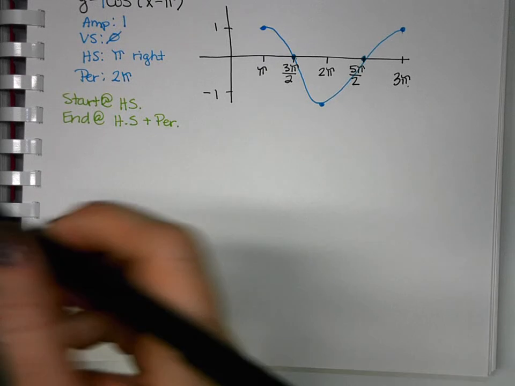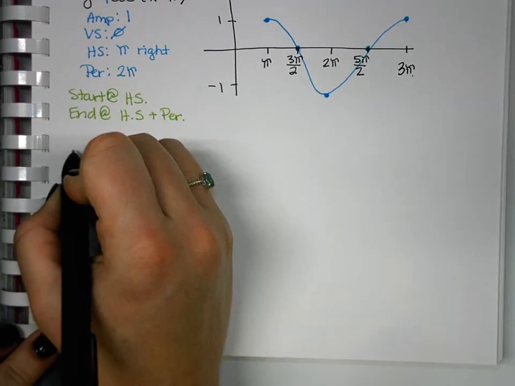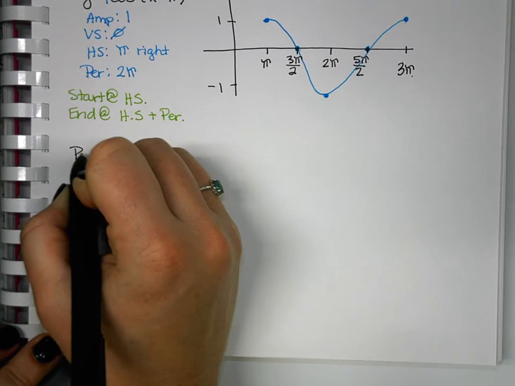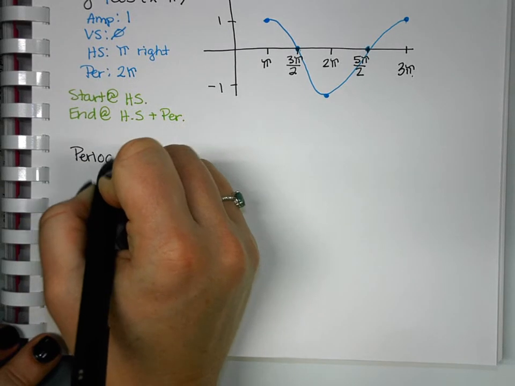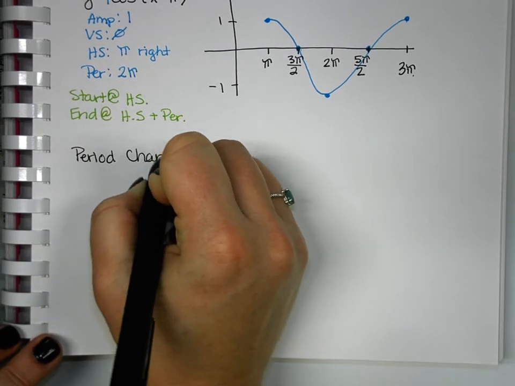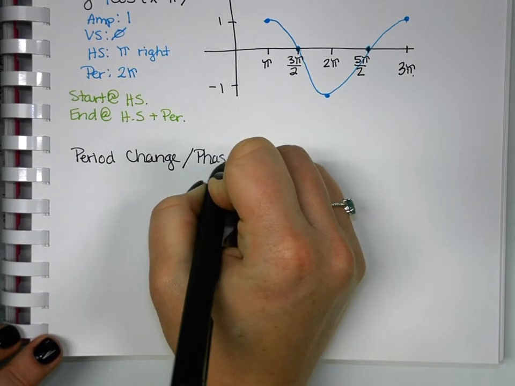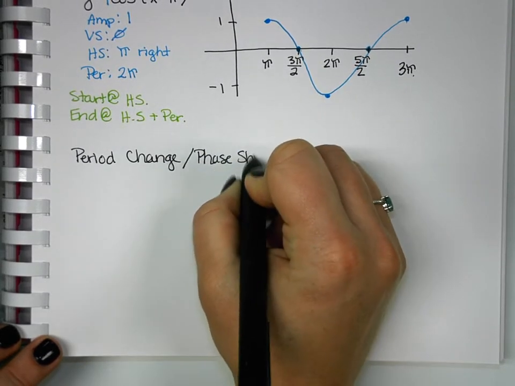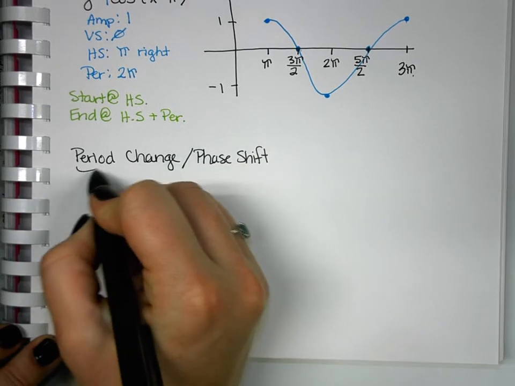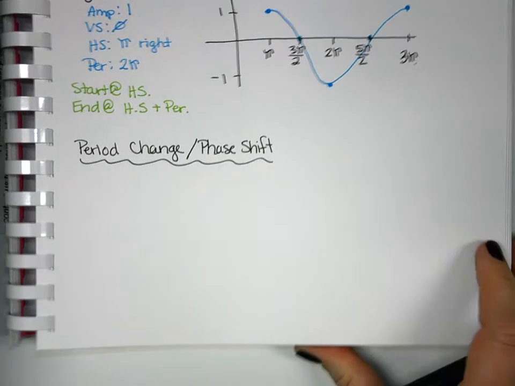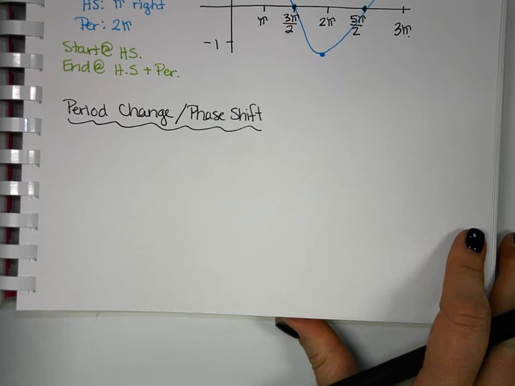So when we have what's called a phase shift or a period change, teachers call it both things, so that's why I'm going to use both words. So when we have a period change,